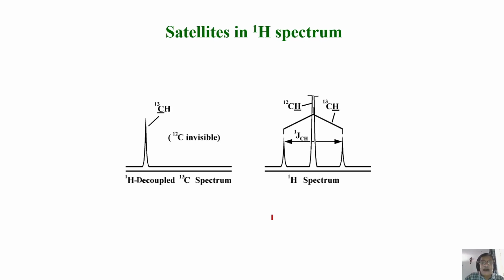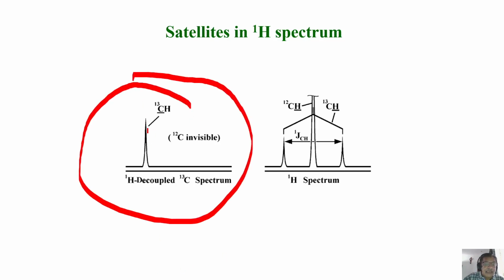If I take a simple example, CHCl3, a simple molecule, I must get a single peak for the proton. Why is it a single peak? Because 99% of the molecules are in the carbon 12 state. They exist as the carbon 12 isotopomer. So it gives a single peak because it has no magnetic moment, so no coupling to proton. But remember, 1% of the molecules have carbon 13. This is the carbon 13 observation.